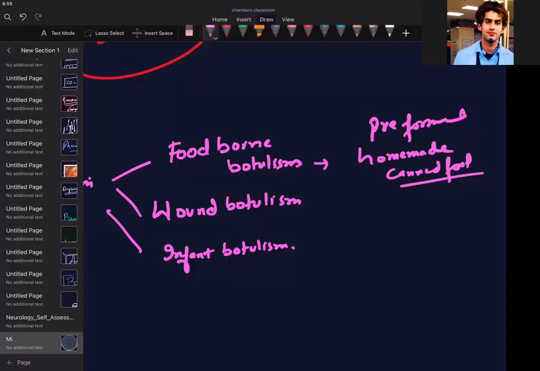First, I will write one line about this. Wound botulism is when your wound is contaminated. You have any sort of a sharp wound, an incised wound, for example. What happens is that you get contaminated with the Clostridium botulinum spores. I told you spores are there. You can produce spores, the vegetative stage, with less acidity. Everything you can understand from the above, isn't it? If you have understood the beginning, wound botulism will be because of any wound which has been contaminated with the botulinum spores.